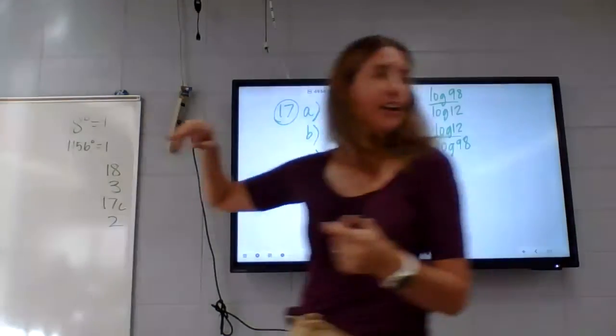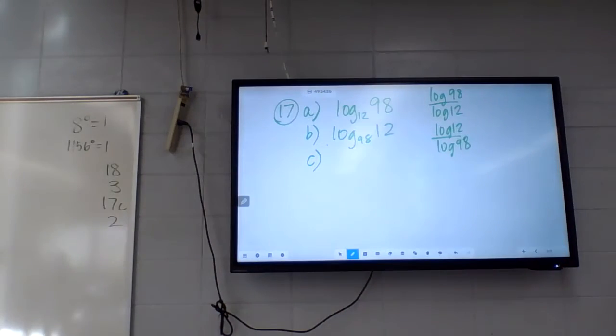Reciprocal. Nice work. So it's just the reciprocal. So what they're trying to get you to see is that basically if I flip the base and what I'm taking the log of, the answers are just going to be the reciprocal. So if I do log of 98 divided by the log of 12,